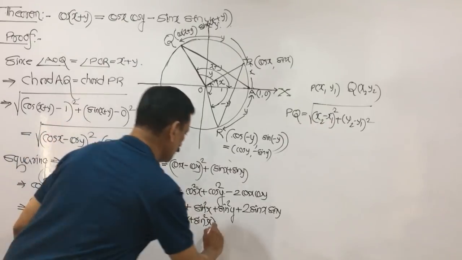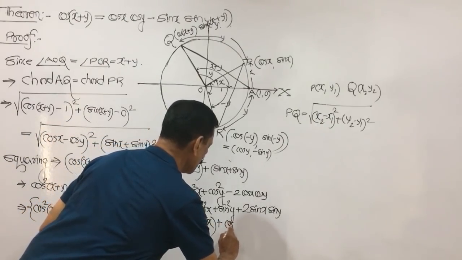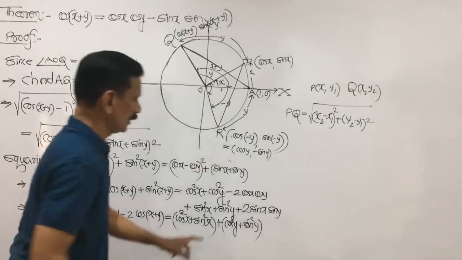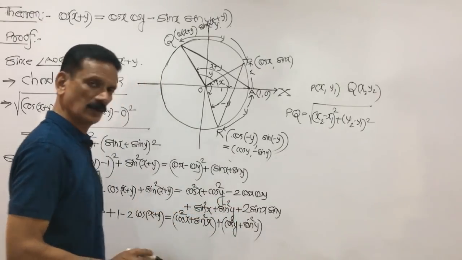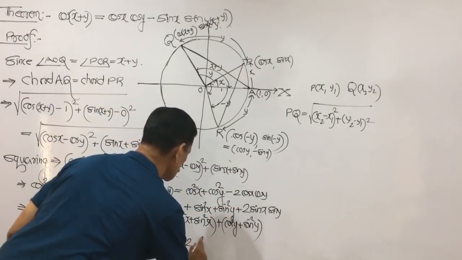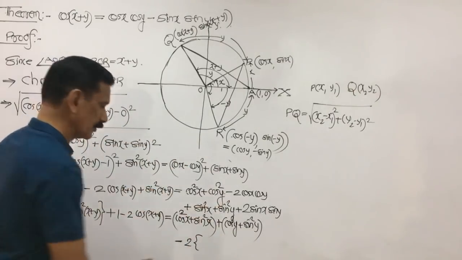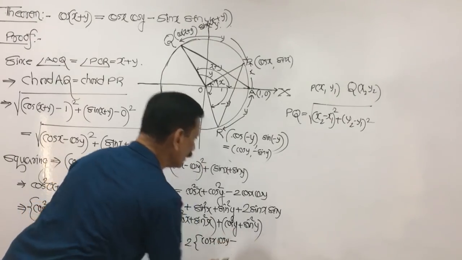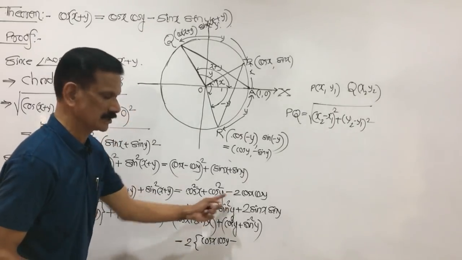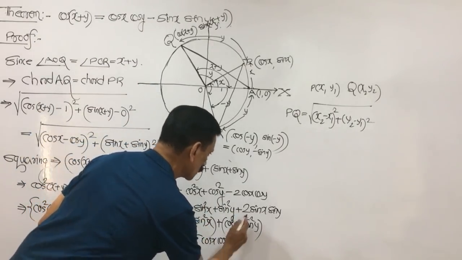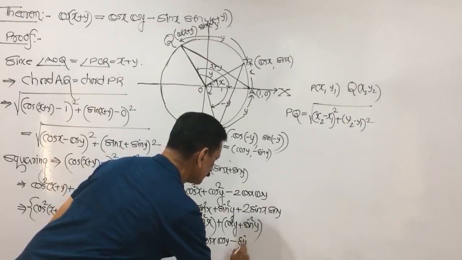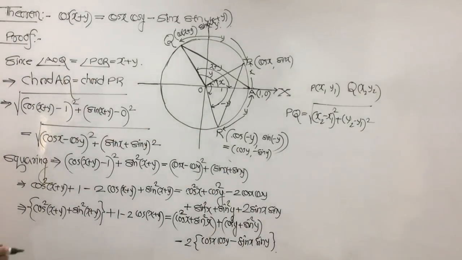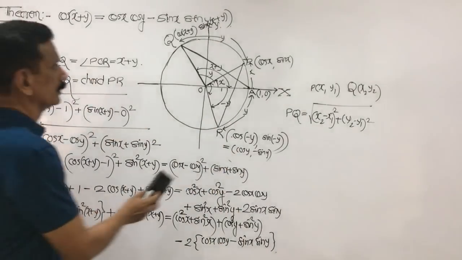Now I write these two together, which is cos square y plus sin square y. Okay. Now I write this. I take a minus sign common and I write this as minus 2 into bracket. Look, pay attention. What we get, my dear friends? It is cos x cos y. This becomes plus because minus 2 I have taken outside, and this is sin x sin y, sin x sin y. I complete the bracket. Okay. So after that, my dear friends, I continue here. See that one.